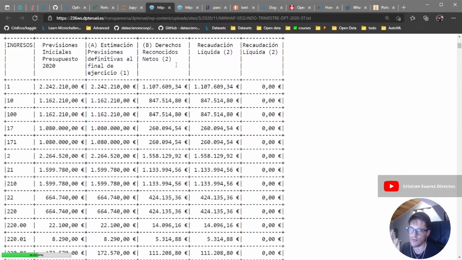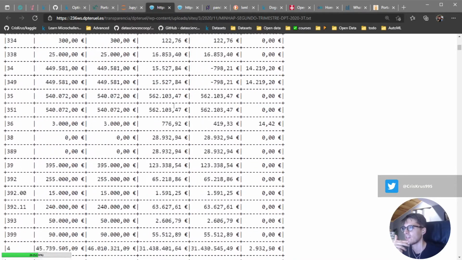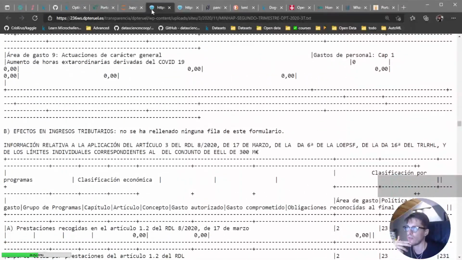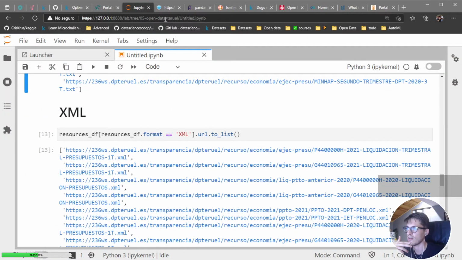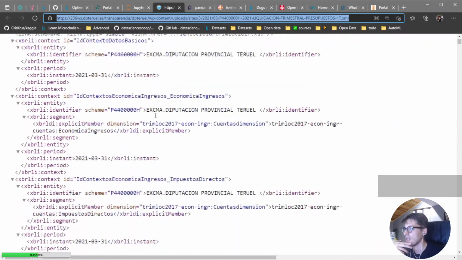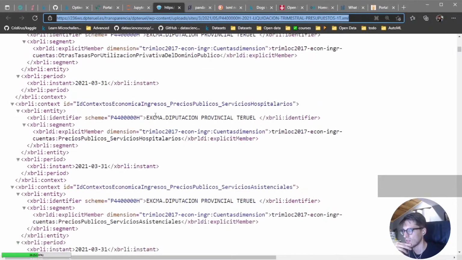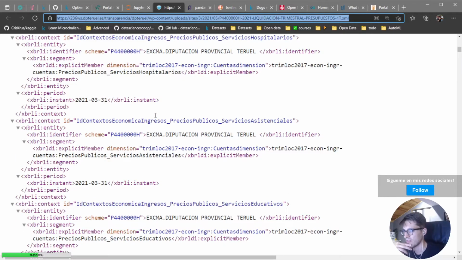All of those datasets are related with money, the summary of a quarter and stuff like that. So okay, we had something that could be useful in TXT formats and XML, I guess, because I cannot see a lot of useful information here.